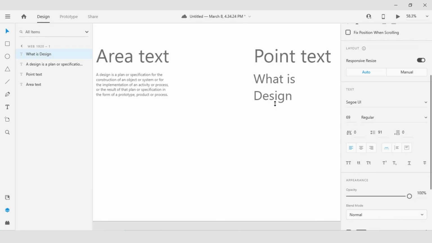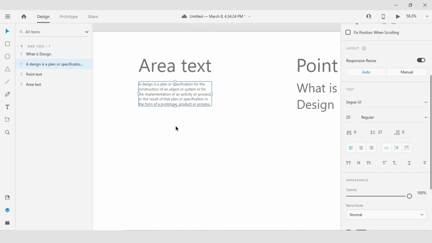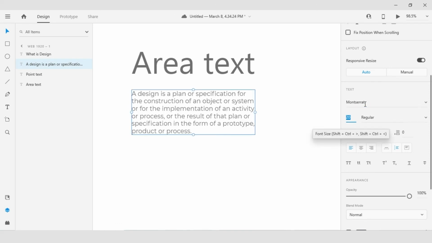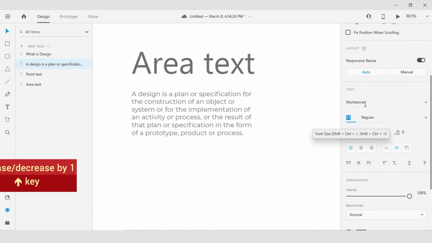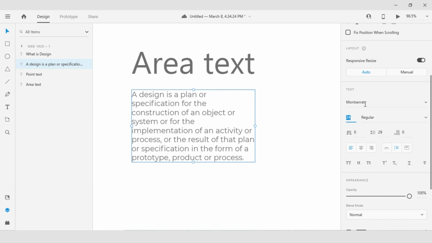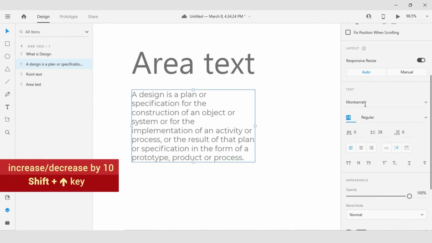From here, text styling is also pretty straightforward, with another set of few tricks that I can show you along the way. I'm going to select this block of text here on the left, and here in the properties inspector I can set my text attributes. So I know the name of what I'm looking for. We will type just the first letters, Montserrat. If I hit the tab key, it will move me to the next field. In that field I can either use the arrow key to increase the size by 1 pixel at a time. If I hold the shift key, it's going to do it in increments of 10, so quite large.